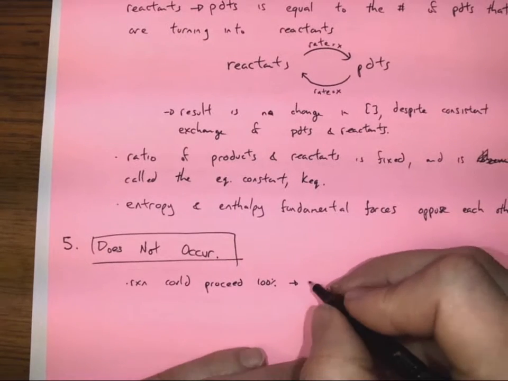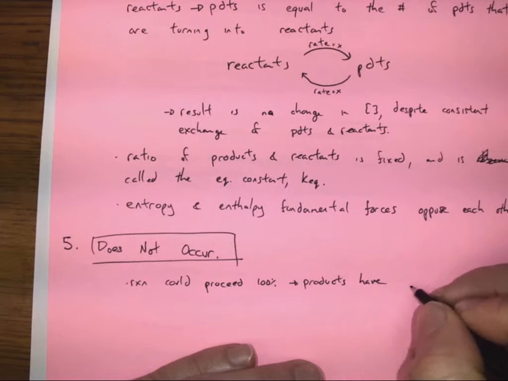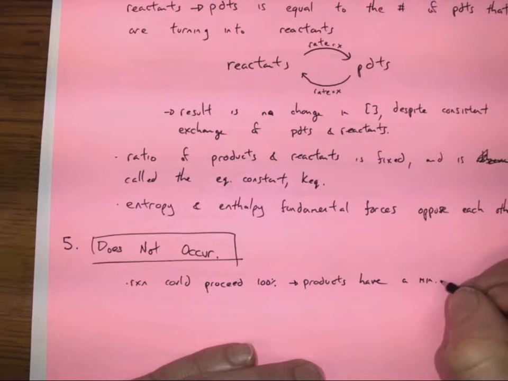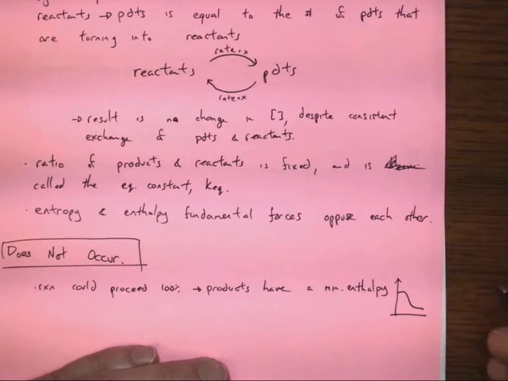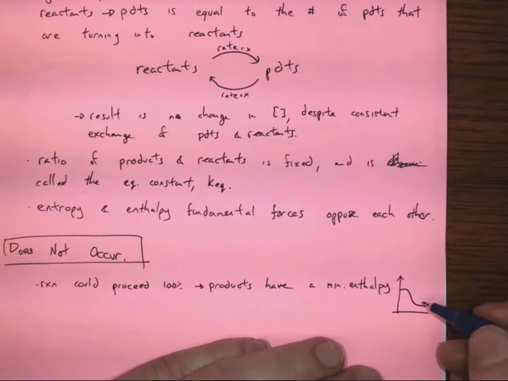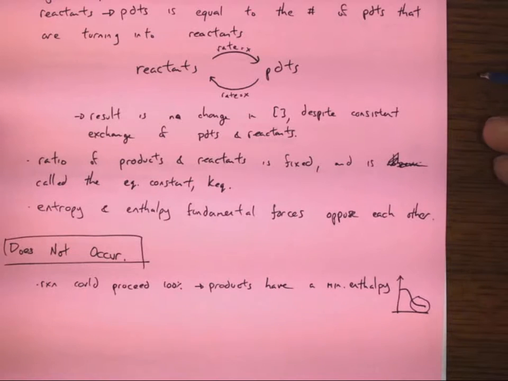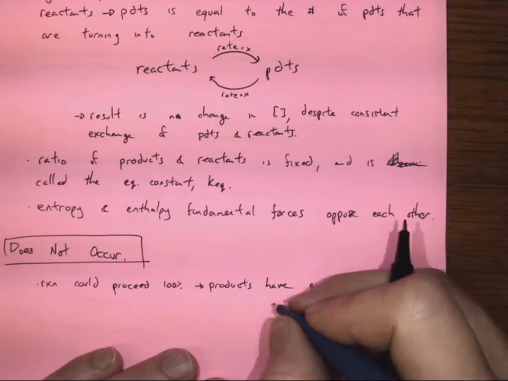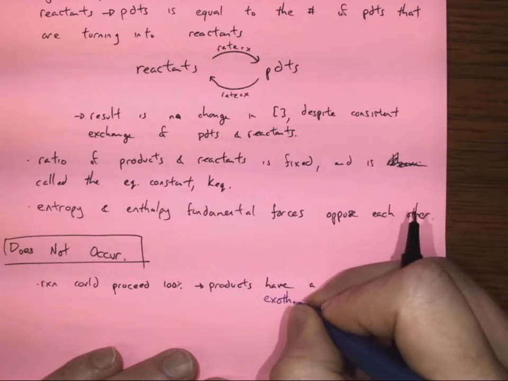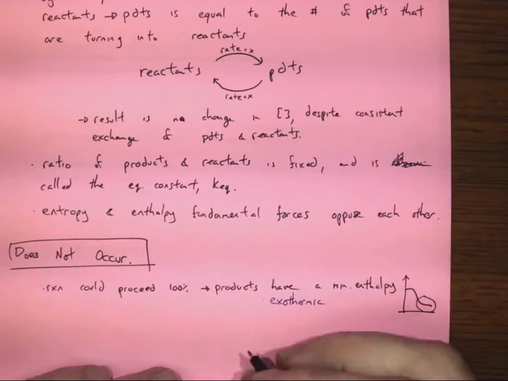If that's true, we know that the products have a minimum enthalpy, and that looks like this, right? So the universe wants to release all stored enthalpy and bonds into the surroundings as much as they can, and so that means this reaction must be exothermic. So a reaction could proceed 100%. It's got to be exothermic,